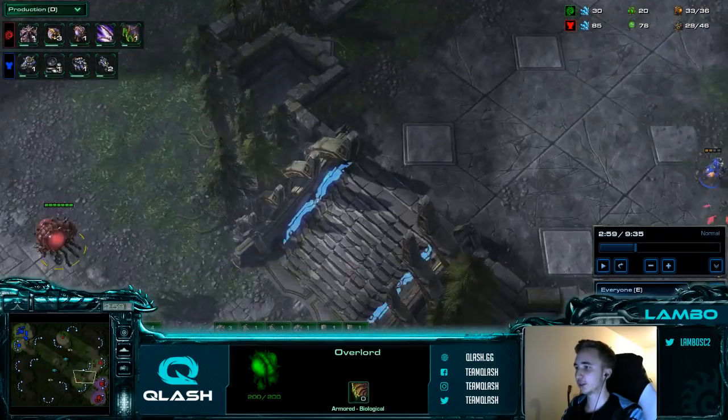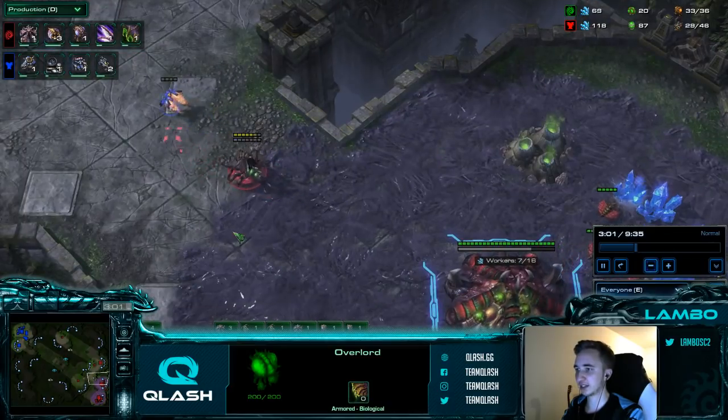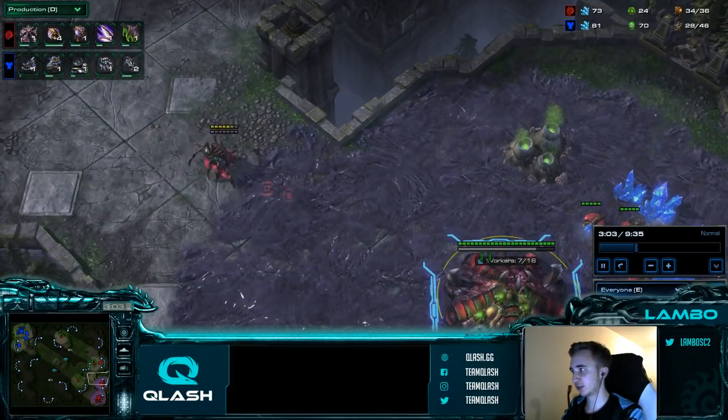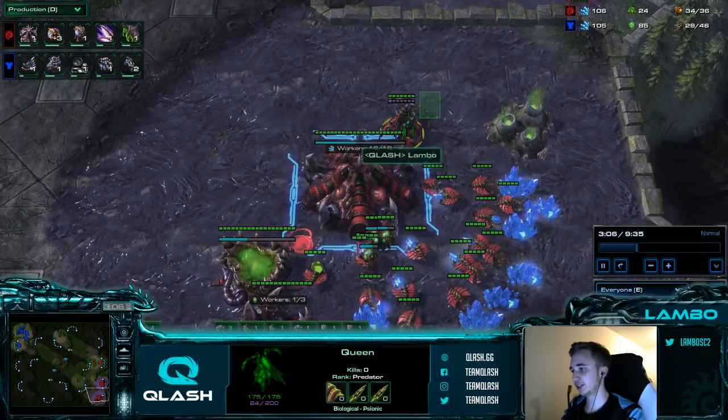The first two is always very important to see where the Hellions are coming from, where you can put the creep tumors down, this kind of stuff. Soul actually loses his Reaper here, that usually doesn't happen obviously. Then as soon as this inject pops,